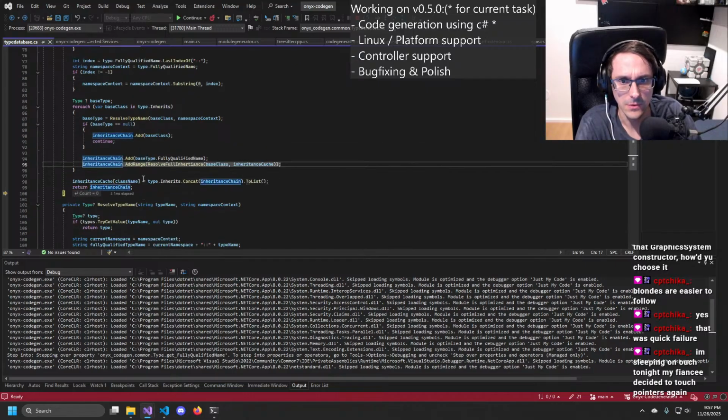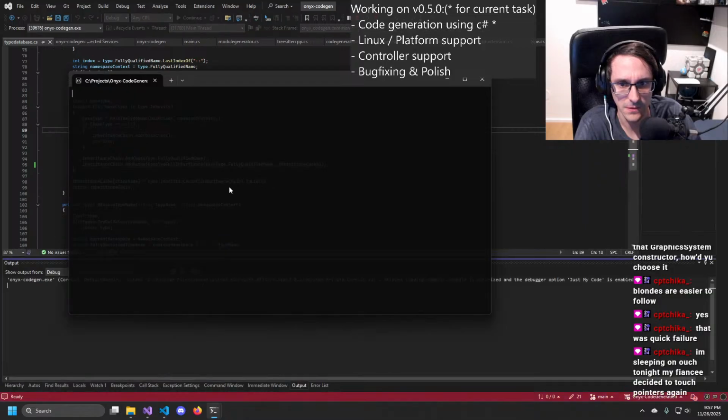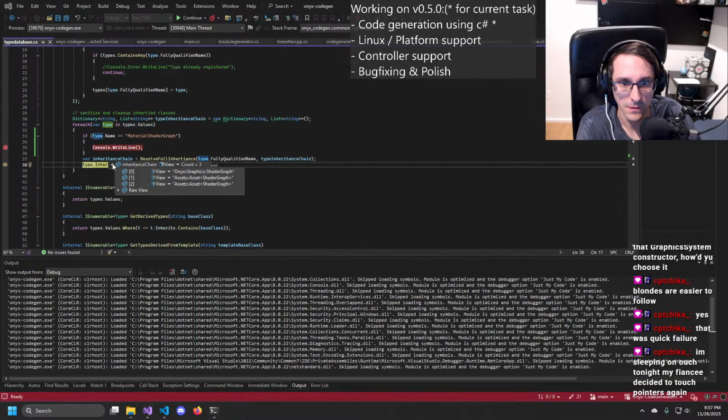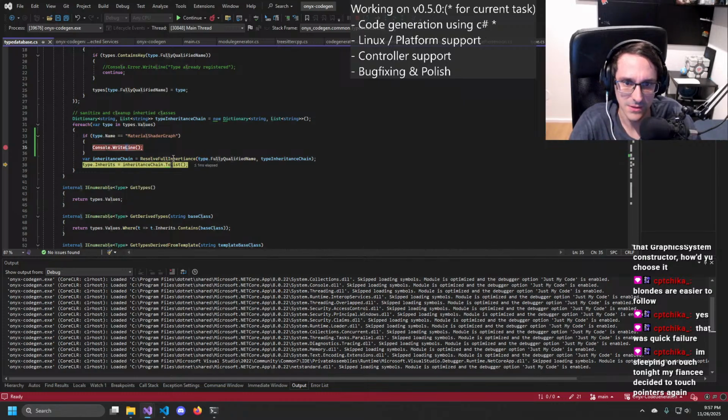Wait. God damn it, shouldn't that be base type fully qualified name? Is that the mistake? Kinda? But now we get it tripper?